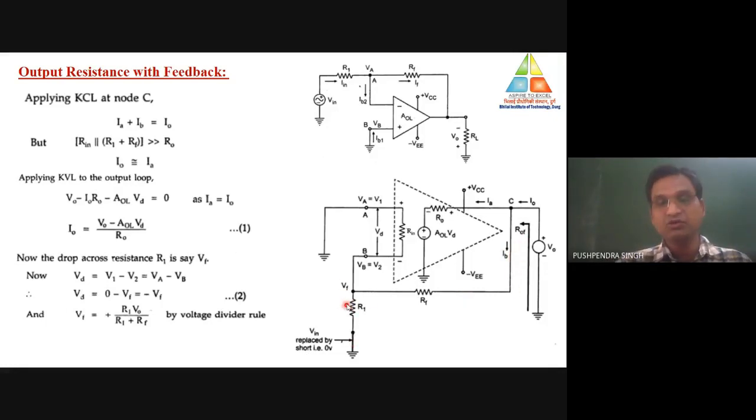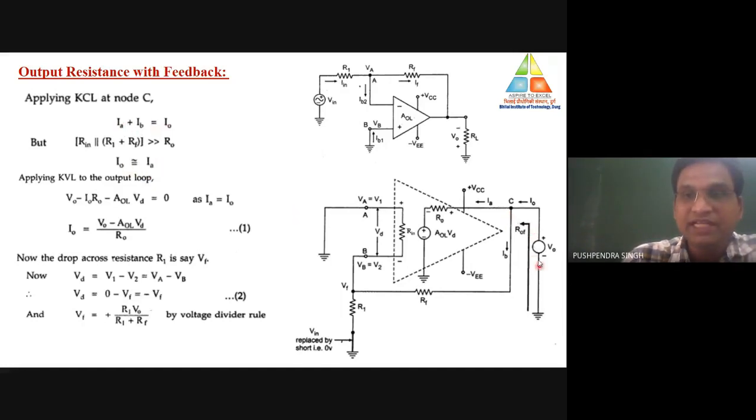So in this particular part, the total value of the current is 0. So I0 is equal to IA. What is I0? I0 is nothing but IA. From there, we apply KCL. Apply KCL at node C here. What is the value of I0? I0 is IA plus IB. But due to the high value of these resistances which are connected here, the value of this resistance is very high. Due to that, the value of current IB is equal to 0. So I0 is nothing but IA.